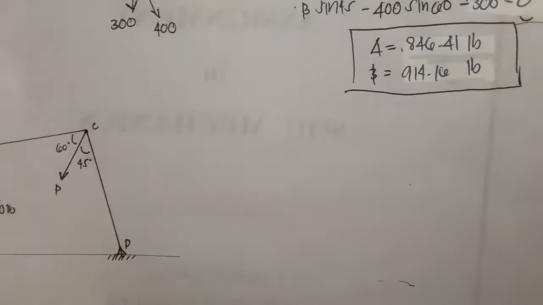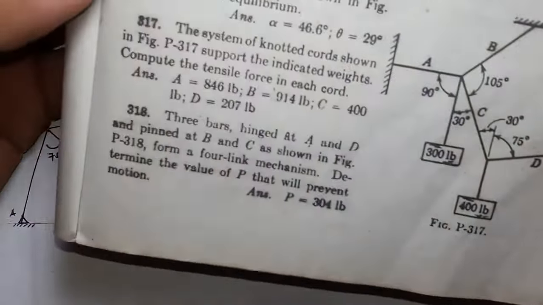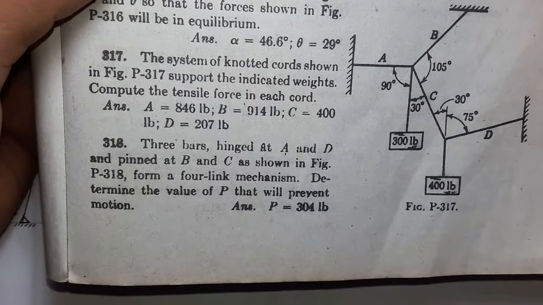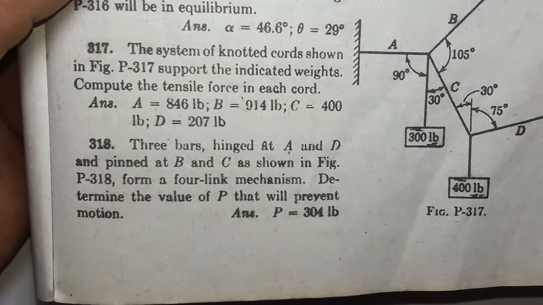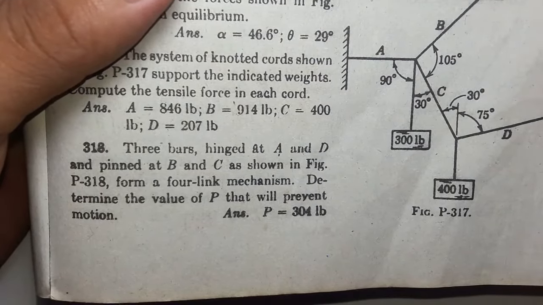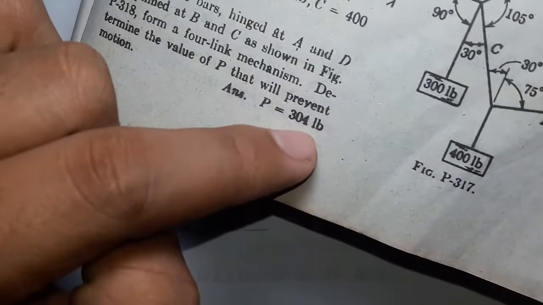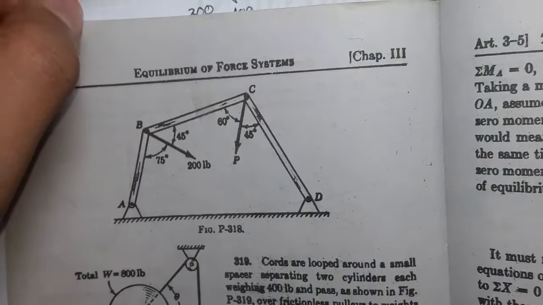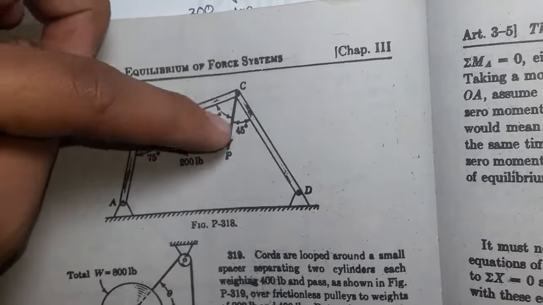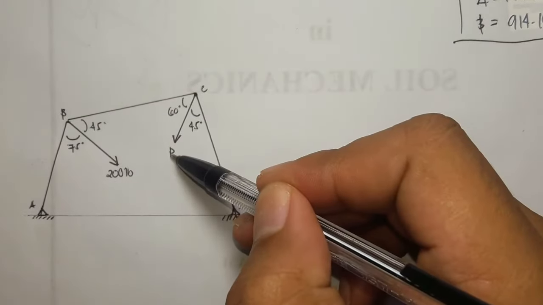to this next problem. So we have problem 318. The problem states that three bars hinge at A and D and pin at B and C, as shown in figure P-318, form a 4-link mechanism. Determine the value of P that will prevent motion. So this is the figure from the book. Hinge at A and D and pinned at B and C. So this is our next problem. So we are going to solve for this P